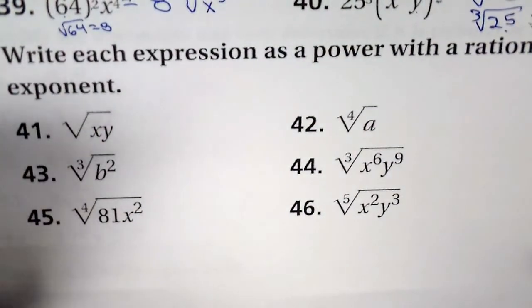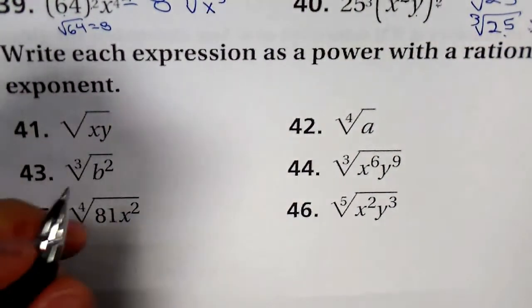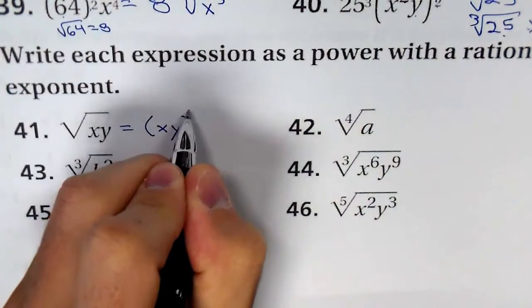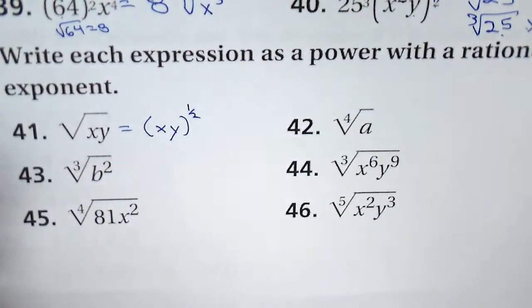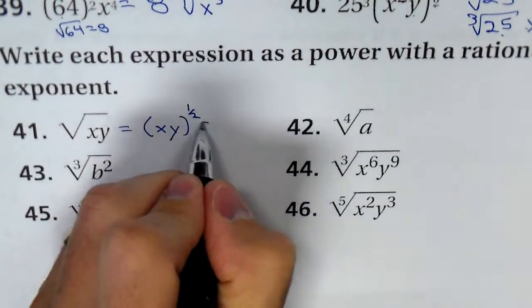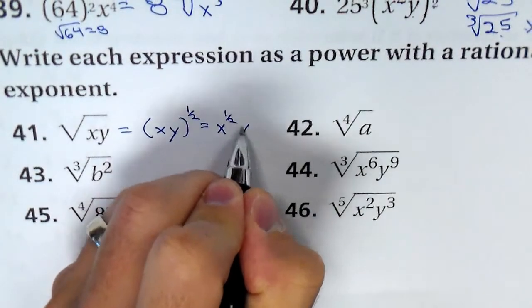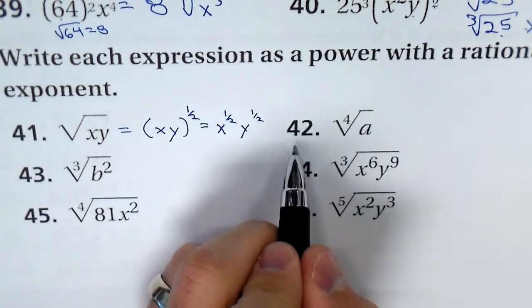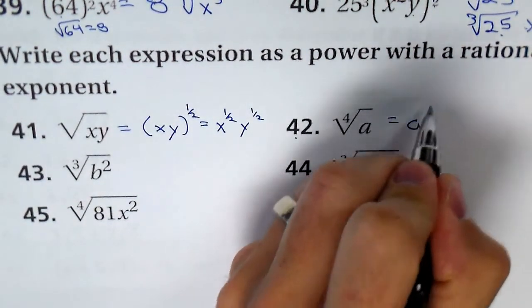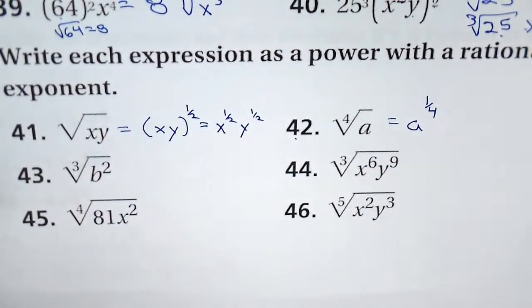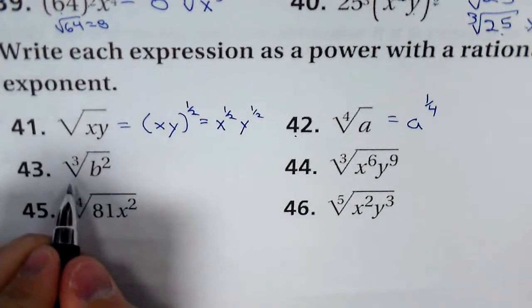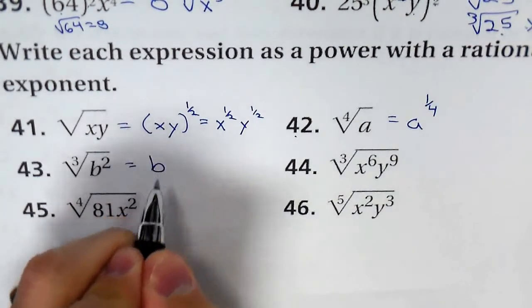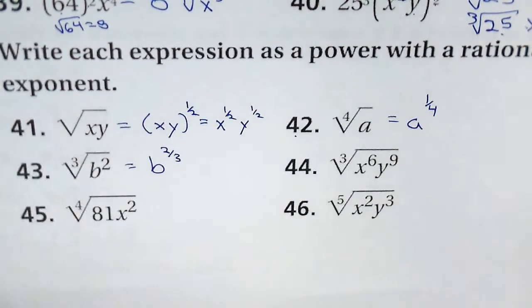For 41, we need to write as a power with a rational exponent. So in the square root, I could write them both like this: xy to the 1/2. You could also write it as x to the 1/2, y to the 1/2. For 42, we're going to make that a to the 1/4 as your exponent. 43, it's going to be b to the 2/3 because that becomes your denominator, so it's already squared, so it's